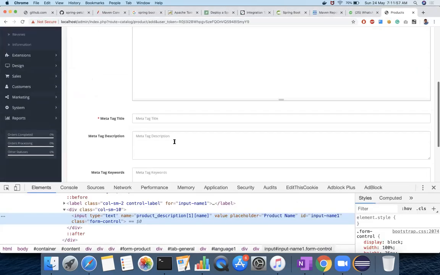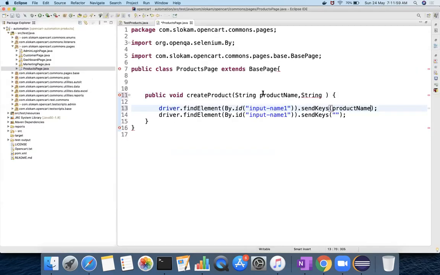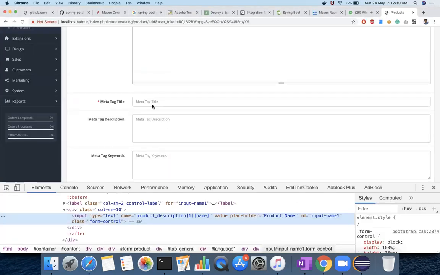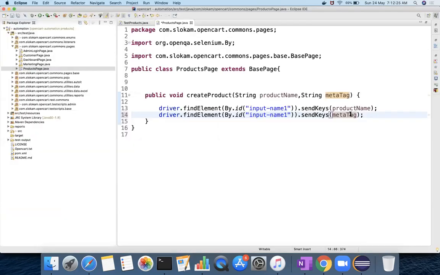Let's say meta tag title. Okay, so this is the meta tag, meta tag title.